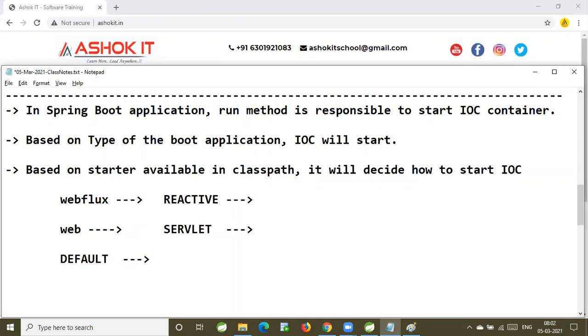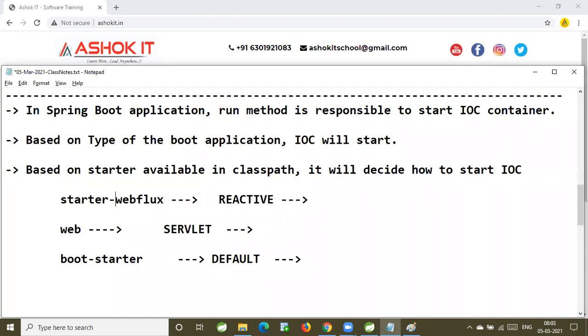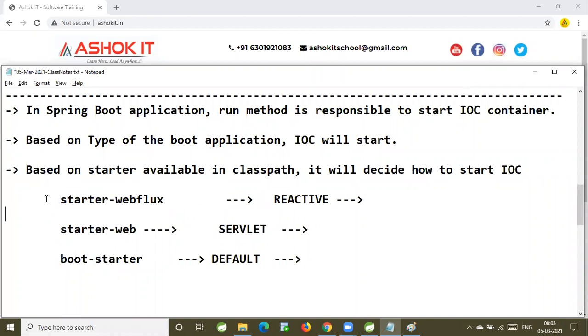If you have only the boot starter, then it comes under the default category. So boot starter, starter Webflux, starter web. If you have starter Webflux, it comes under reactive.